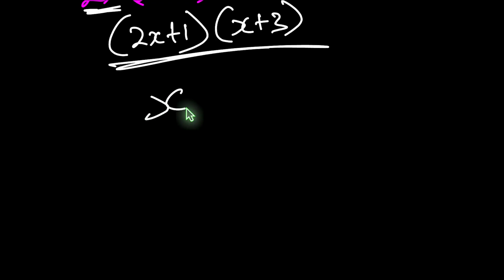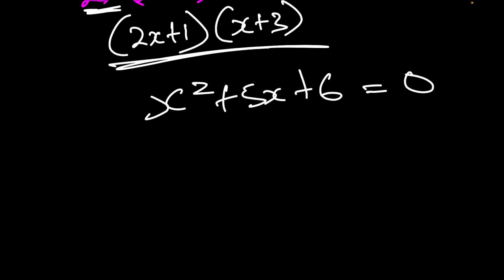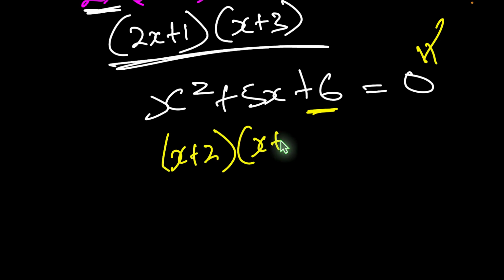So let's say we have now x squared plus 5x plus 6 equals 0. Notice this time we have the equals 0, and that's what changes this expression into an equation. But the way we solve it now, the way we factorize, remains the same. So we need two numbers that when we multiply, we get 6, and when we add the same two numbers, we get 5. Those two numbers, 2 times 3 will give us 6, and 2 plus 3 will give us 5. So we're just going to put in brackets x plus 2 times x plus 3